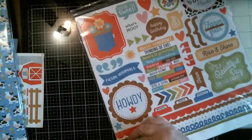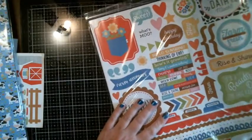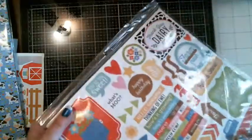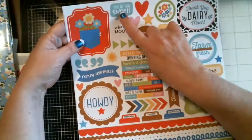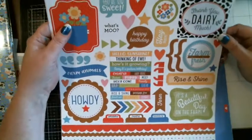I plan on doing an album for myself of this, because I like cows. One of my favorite animals. It is actually my favorite animal. So we get some little die cuts. Little pocket. You're so sweet. What's moo? Happy birthday. Hey there. Thank you,